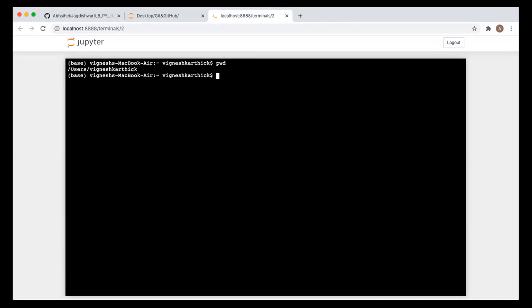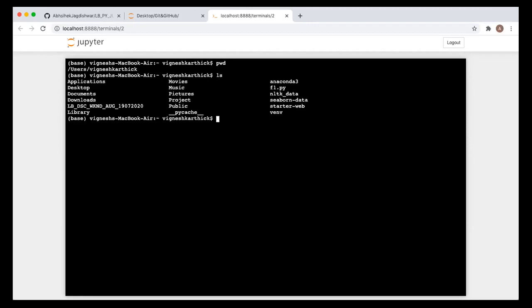Okay. So you are working on git bash. That gives you access to the terminal, like you can access the Windows OS using the terminal. So all the terminal commands will work on git bash. Now when you write pwd, it will give you the present working directory, meaning in which directory you are. And then if you do ls here, it will list all the files and folders available in this location.